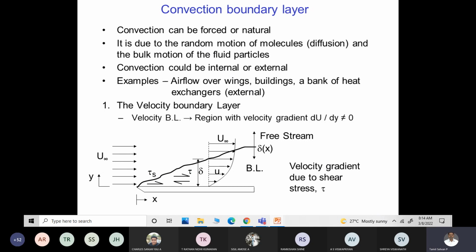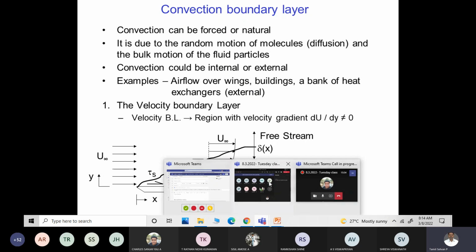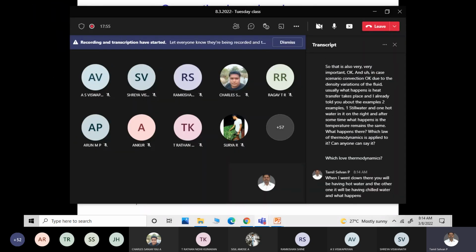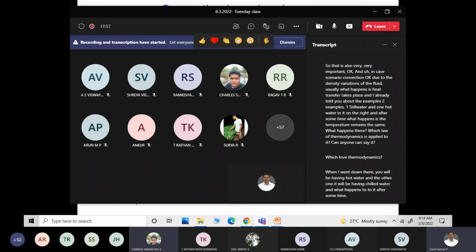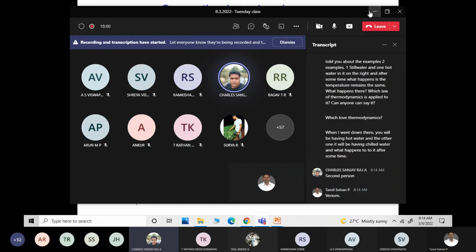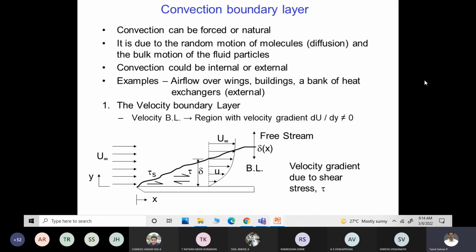One tumbler will have hot water, and the other one will have chilled water. And what happens to it after some time? Yes, very good. See, it is the zeroth law of thermodynamics. When two bodies are in thermal equilibrium with a third body, then the two bodies are in thermal